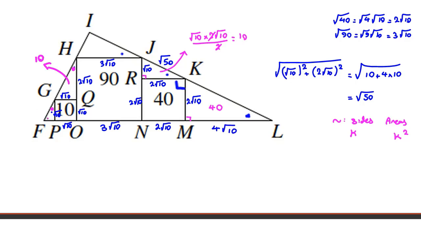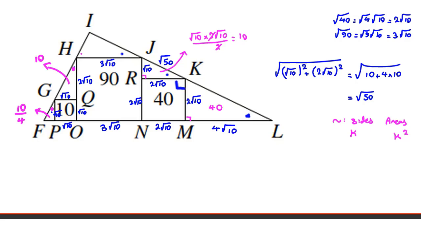If we want to calculate this part, here it is what? We don't have anything. It is 2 root 10. Here we don't have anything. It is root 10. So this one is twice this. So this one is half of this triangle. The area is 1/4. So 10 over 4. The area